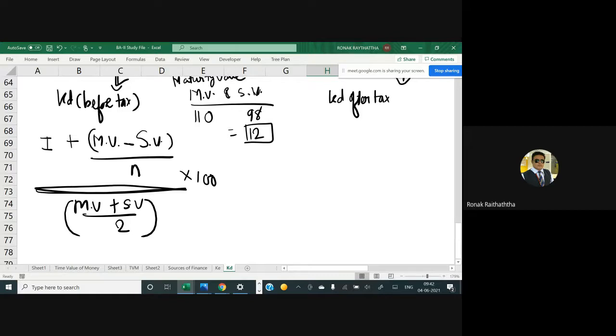So there are two types of cost. Let's try to understand it conceptually. One is the interest. Now, this I will be the interest per debenture. Do not take it as a rate. Till now, in the loans and borrowings, we were taking it as a rate. Here we are taking it as the interest per debenture, because everything is calculated in terms of amounts, not in terms of percentage.